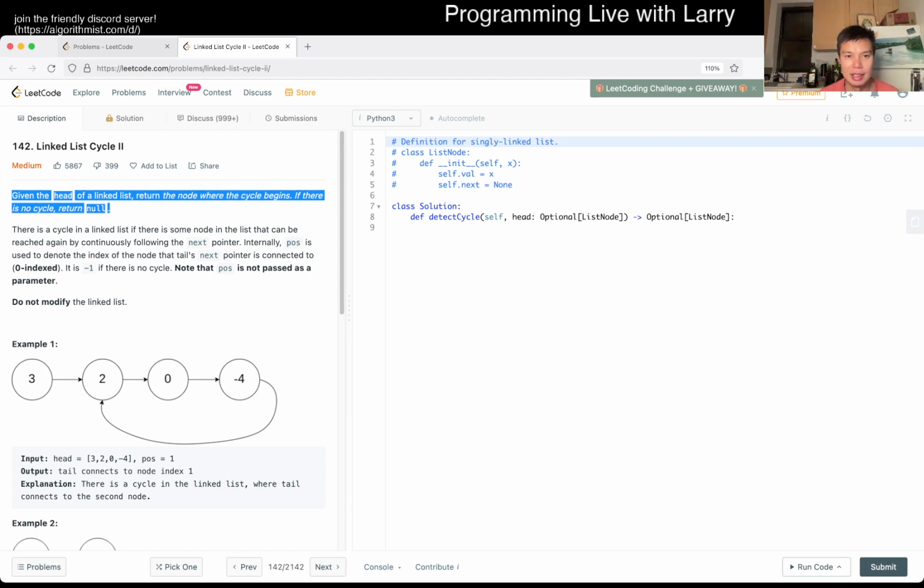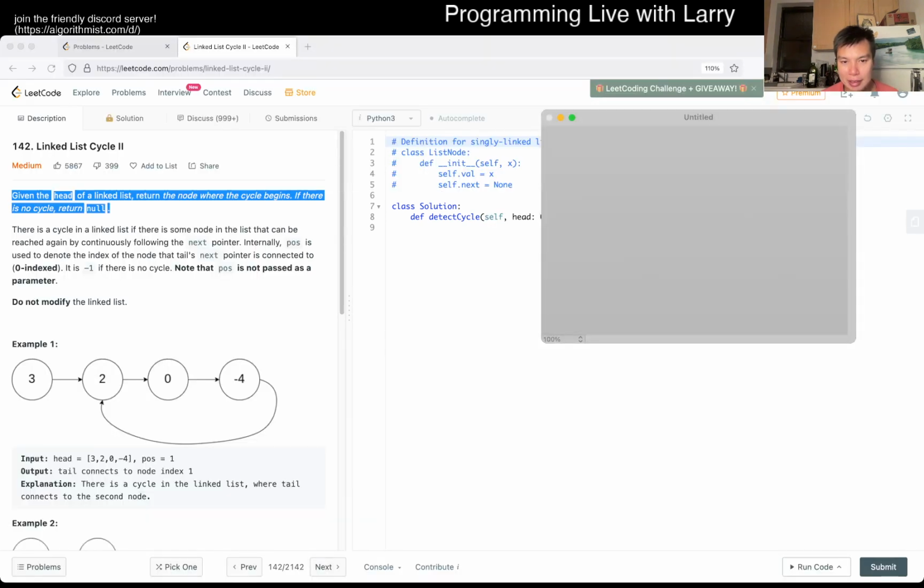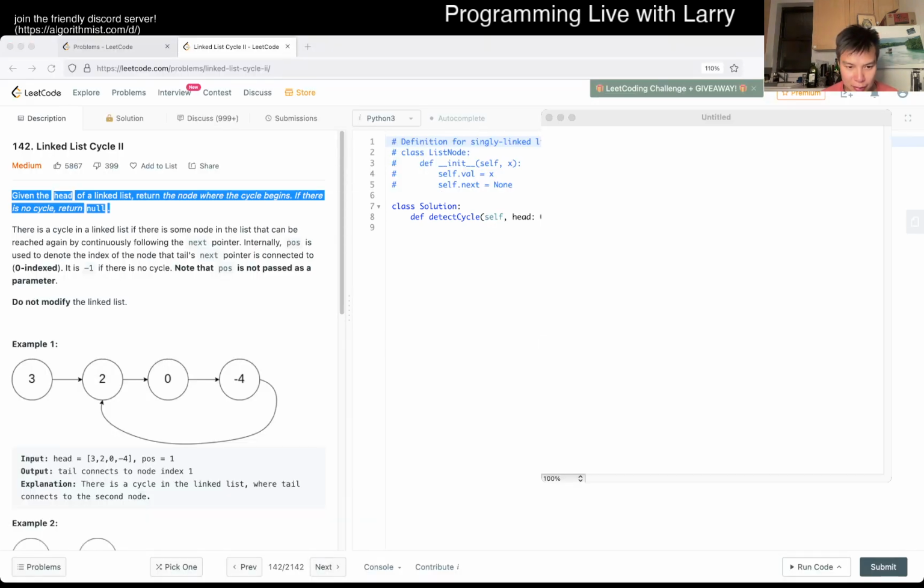Let me actually pull up Paint real quick. Oh, that was already up. That's awkward. But anyway, let's say you have some node, and there are only 2 cases, right? One is no cycle. No cycle is kind of obvious if you have 2 pointers. Eventually, this goes to none, right? Eventually, you just go outside and then you'll reach a none, and then you're happy, you're good, you're living your life, and there's no cycles. However, if there is a cycle,